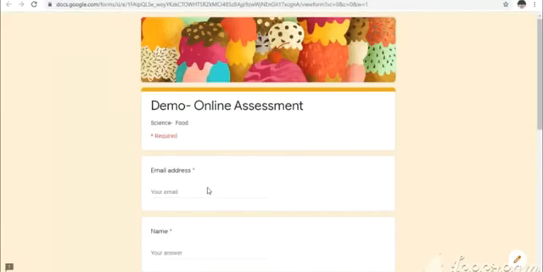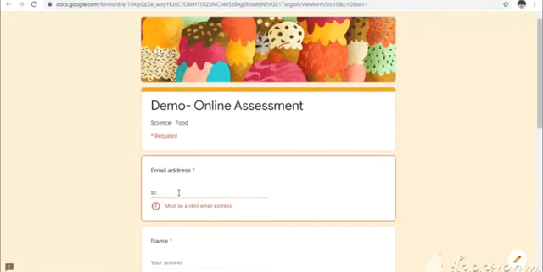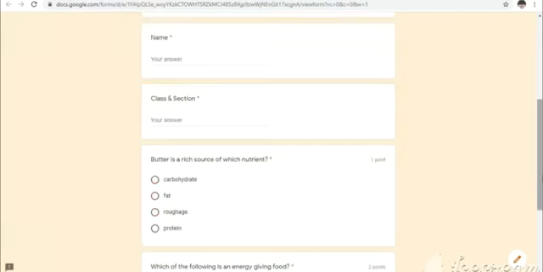So email address, science, and I am giving some name here. Butter is a rich source of which nutrient? It is fat.